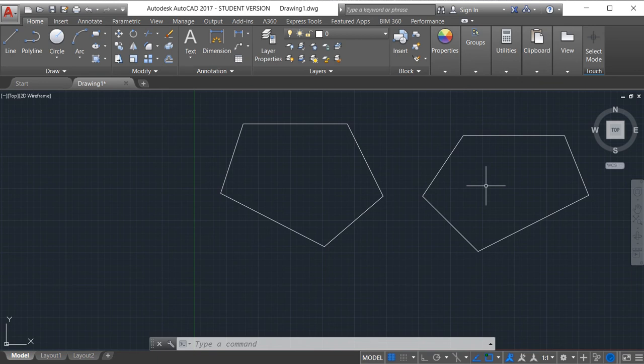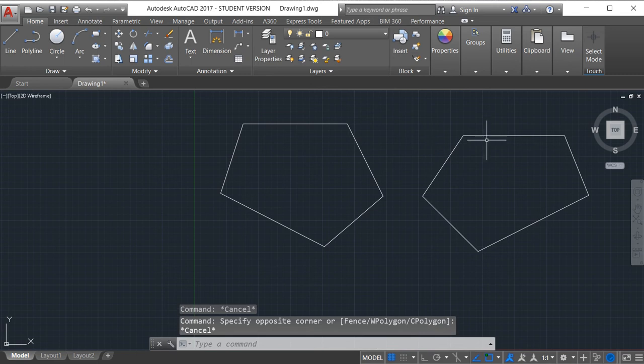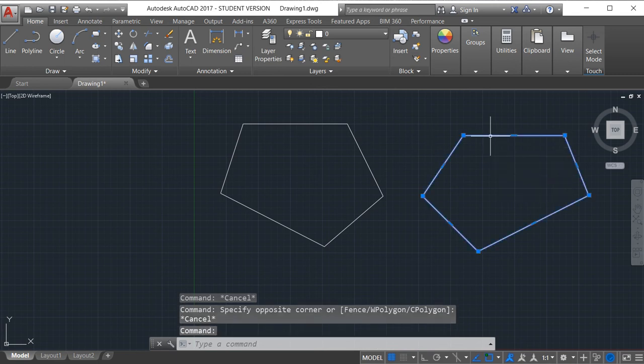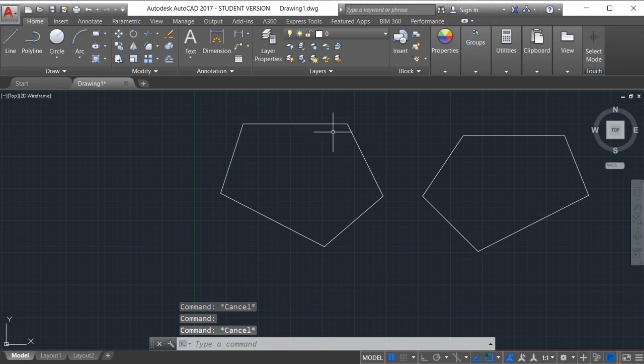Look, it looks same, but the object drawn using line, we can select each separate line, and in polyline we cannot select each separate line. Total object is selected, and in this object drawn by using line, we can select each line separately.